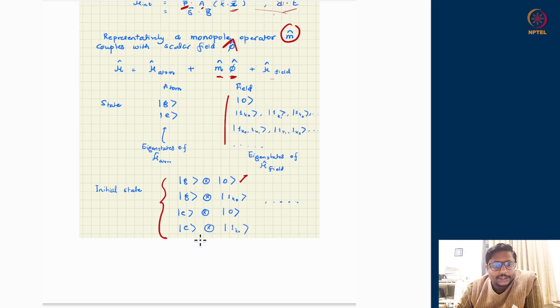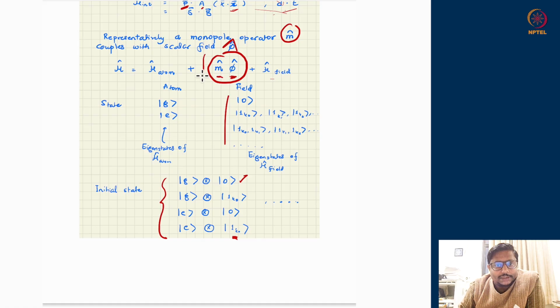Or the atom is in the excited state and the field is in the ground state, which is excited times vacuum, or both of them are in excited states. And since the field comes with many different types of excited states, you could choose many of the possible slots to fill in the field sector. So one of these states I can take as the initial state and then start my computations or analysis under perturbation theory when the system is perturbed by this term. I have ignored higher order couplings, phi squared and others. That means I'm saying that the fields are weak, the coupling is weak, and that is the perturbation Hamiltonian.